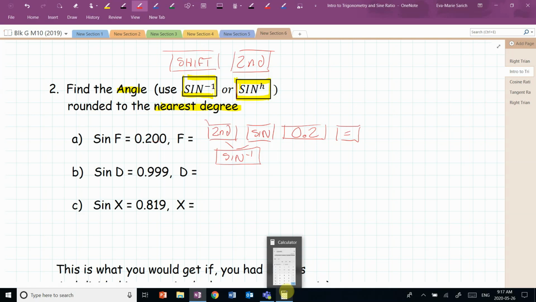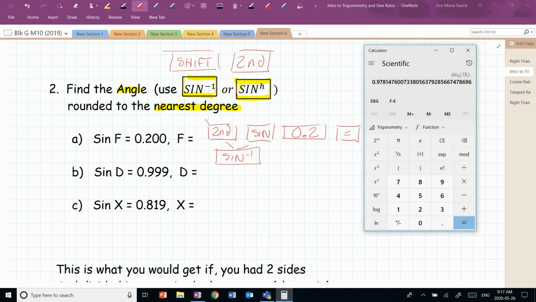So let me show you what that's going to look like. With mine, I push the ratio in first. Some of you will do the ratio first and then the second function and sine. Okay? So I have to clear, and I'm going to push in 0.2. Okay, you can see we could put 0 on there, but it's not going to change anything. It still has the same value. And now, trigonometry. See how I don't have sine -1, so I have to push the second function button, and now this sine -1 shows up. And I press that, and now it gives me